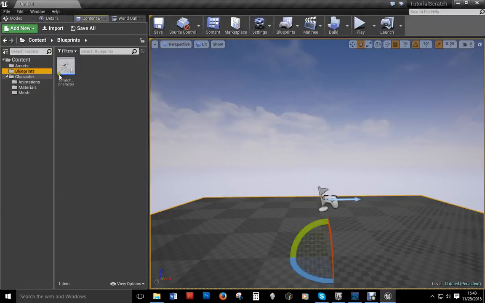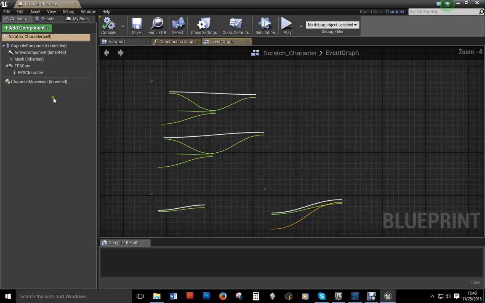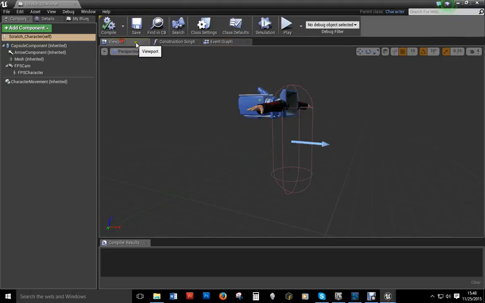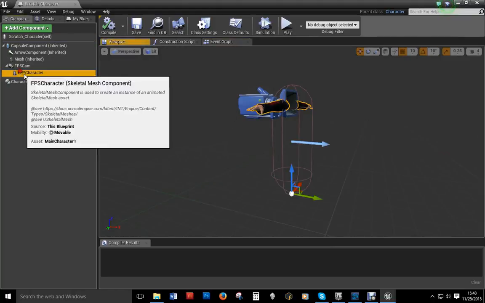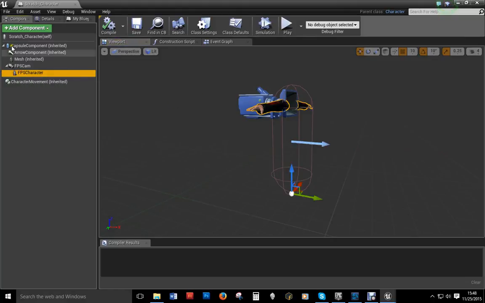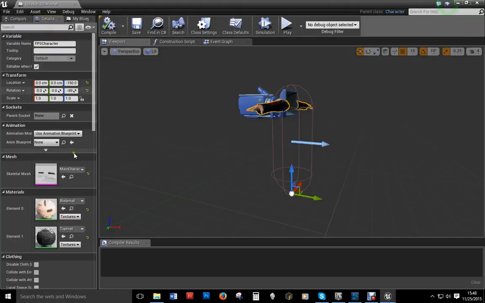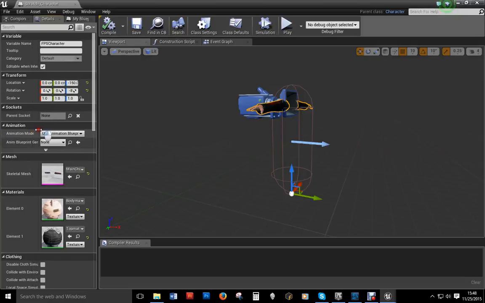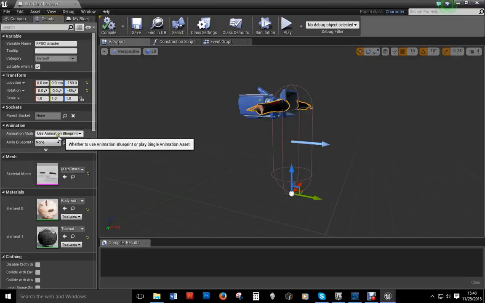So we're going to go back to the blueprints, back to the character. We'll go back to viewport. Notice we still have our hands there. So we select our hands, our FPS character. Now under the details window where you put in the mesh, if you look above that, we have a section for animation. The animation mode, you drag that over and look,